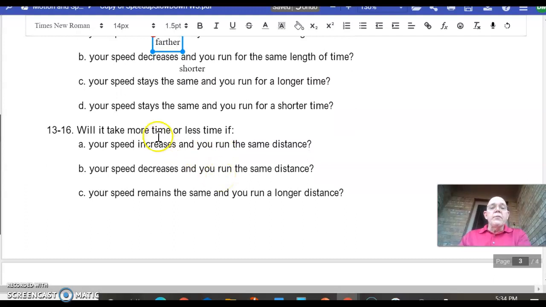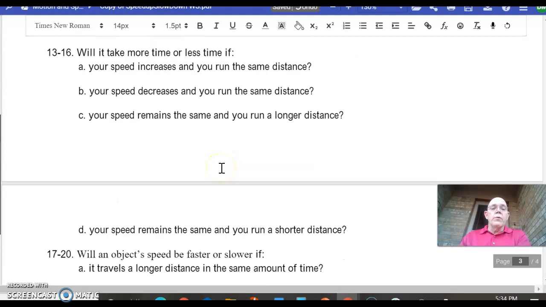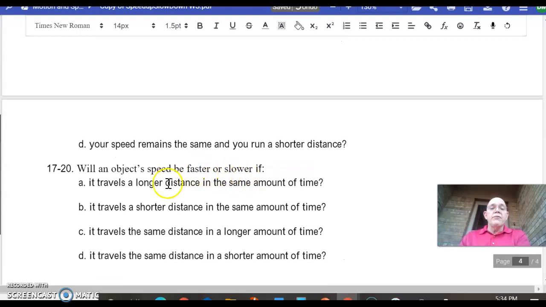So now for this one here, it says it will take more time or less time. So you're going to put more or less, depending on what it says. And then down here, would you be going faster or slower